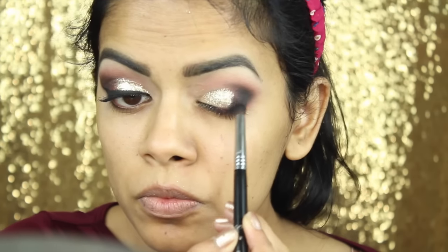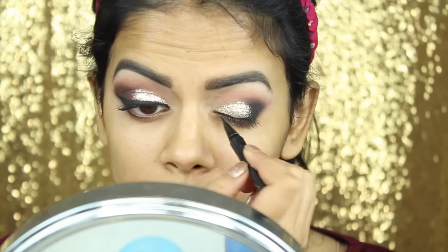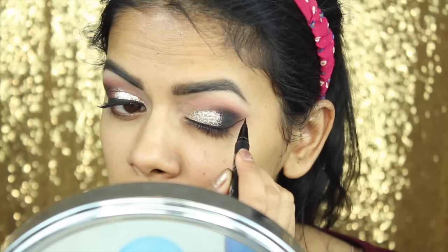And then I'm just going to apply a little bit more of Corrupt just to blend the glitter and the shadow together. And for a liner, I'm going to be taking this Kat Von D liner and just drawing a really thin wing with this. I'm using the felt tip liner first just to help me do the wing,